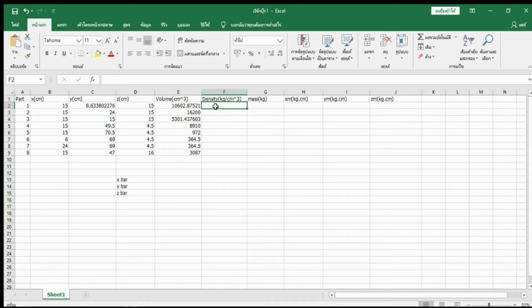The first, on the left side, or the part number 1, 2, 3 is the brass one. So the density of brass in the unit of kilogram divided by centimeter cube is equal to 0.0085. And the second one is the same, but this one is special because this is a hollow one, and